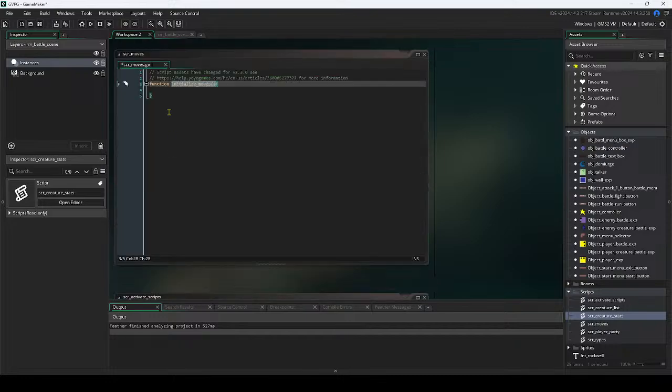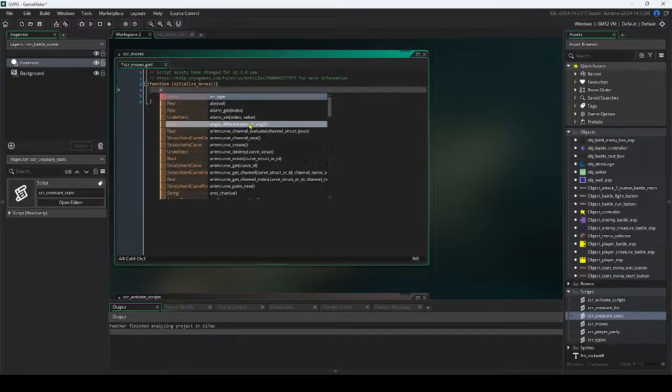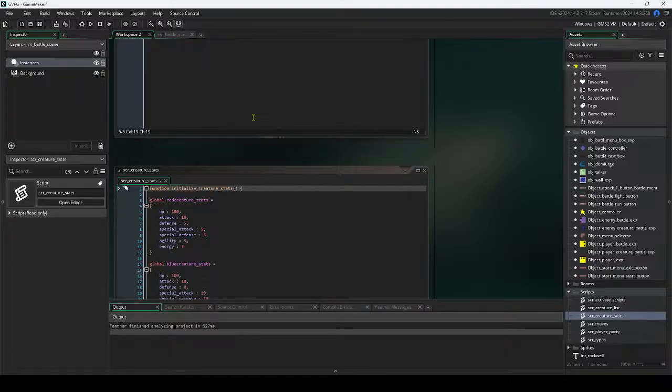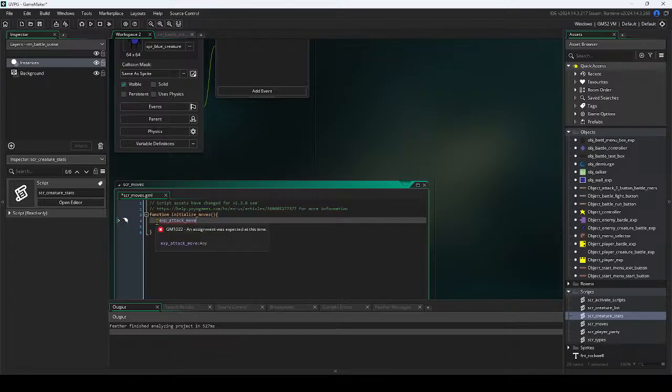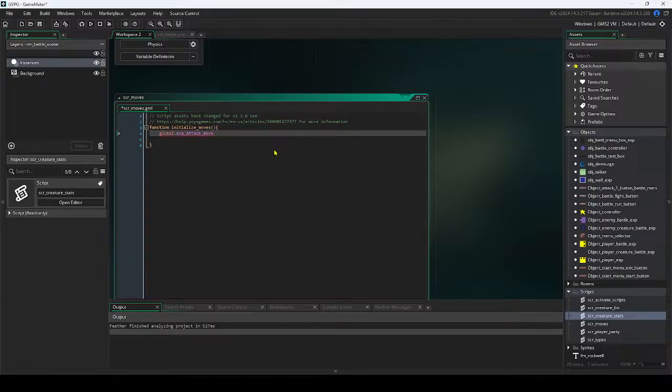It'll be attack, it'll be default attack move. Attack move equals